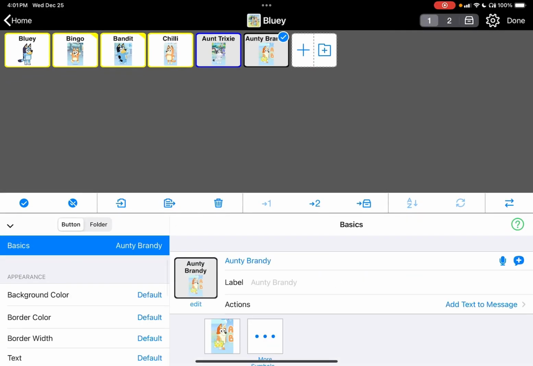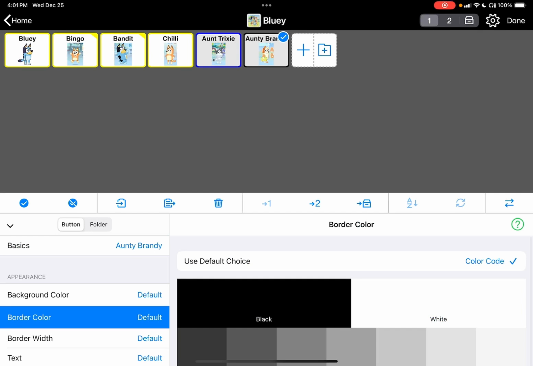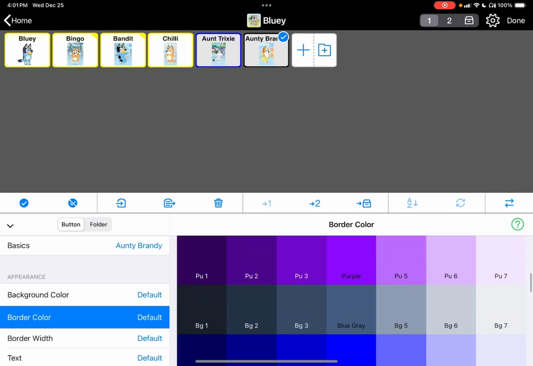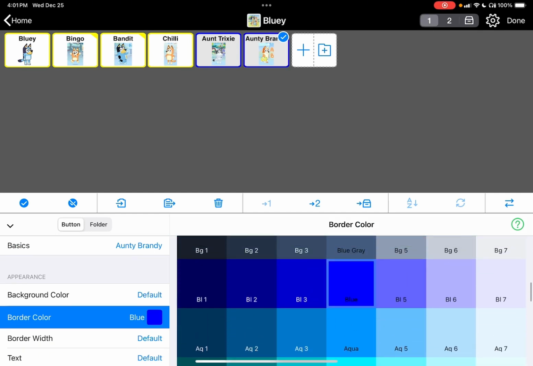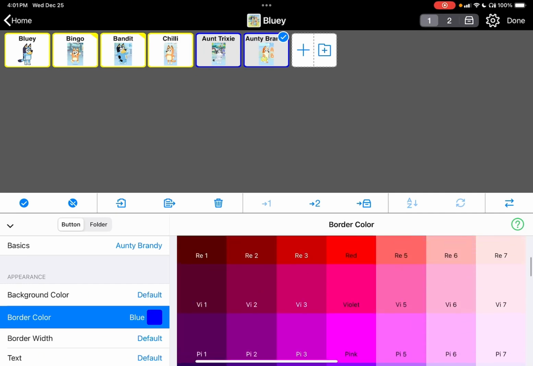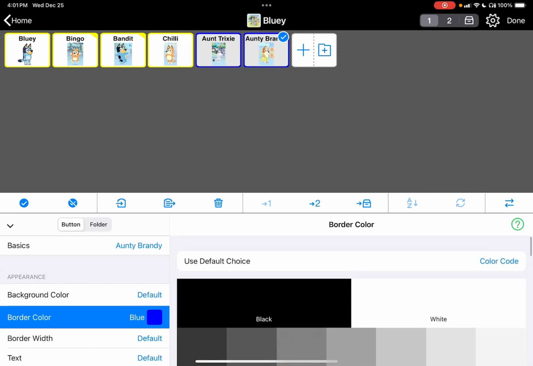I'm going to change Auntie's border color now to the other aunt's border color. So I hit the edit, and now if you go down on the left to border color, we're going to scroll down to that blue. Okay. And then I can hit done and then pencil edit again and then do the new button, or that's